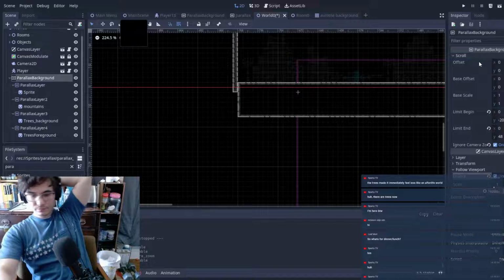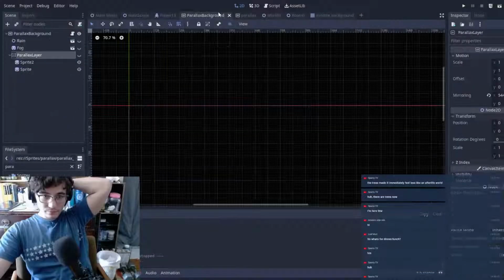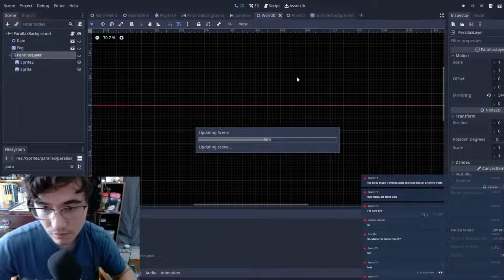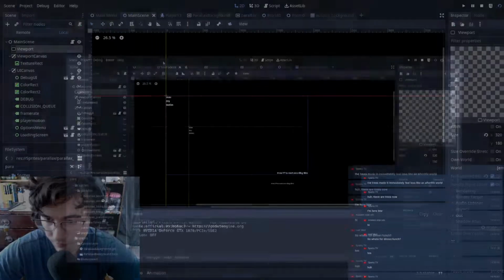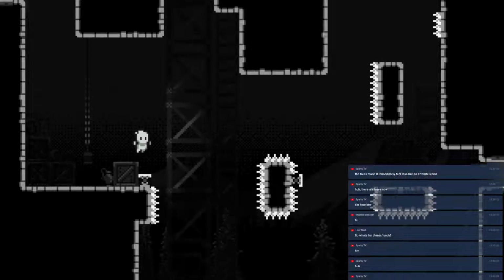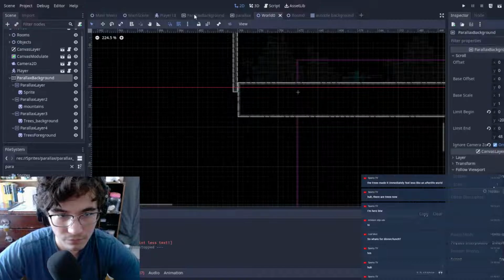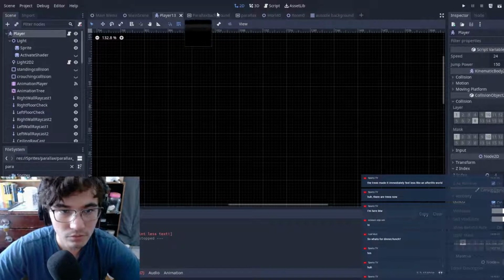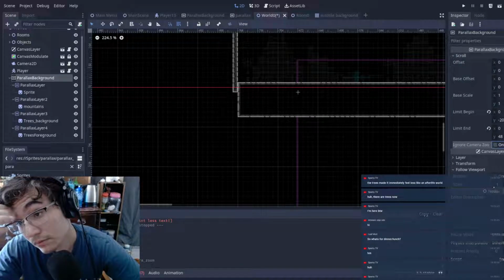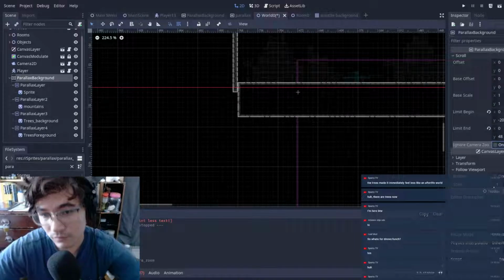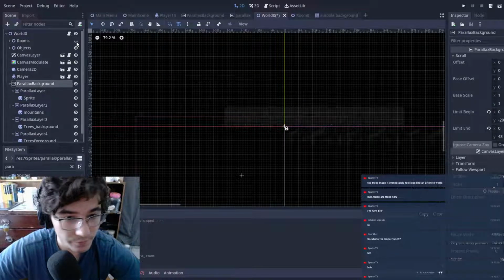Maybe that'll help. Centering these images might also help. Because right now, if we look at our rooms here,